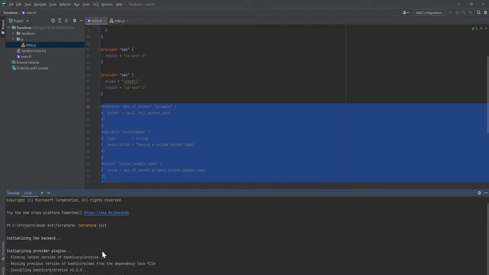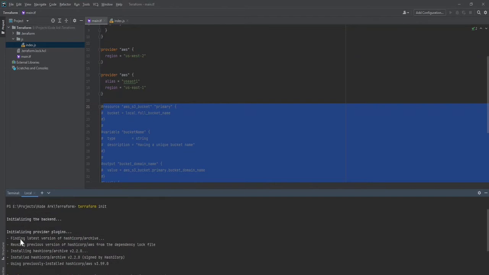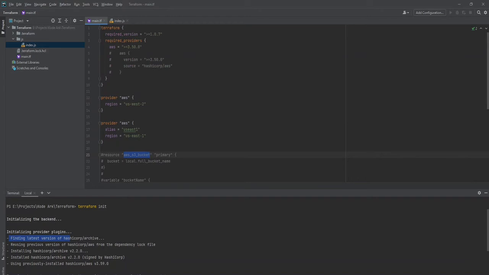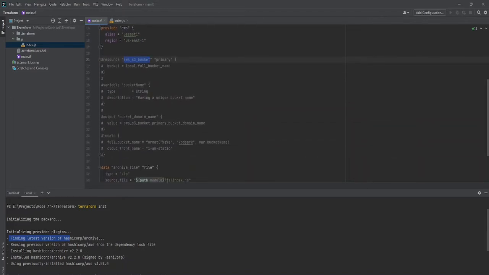Okay, if you noticed here, I'm using data archive, but this provider is missing from this block. So it found the setting has been changed, or the code configuration is dependent upon some kind of provider, right? So it tries to download the latest version of the HashiCorp archive provider.